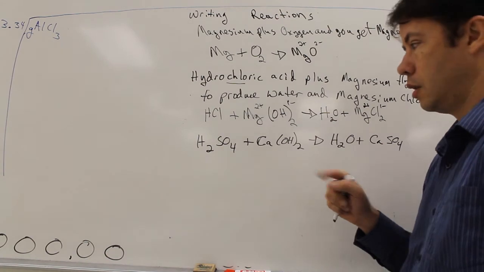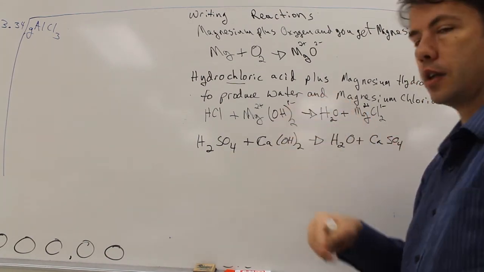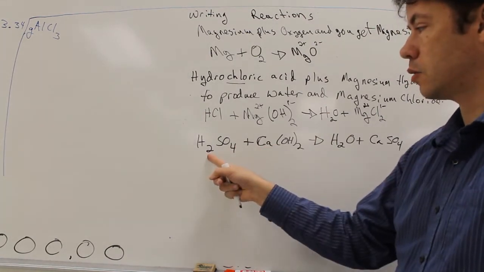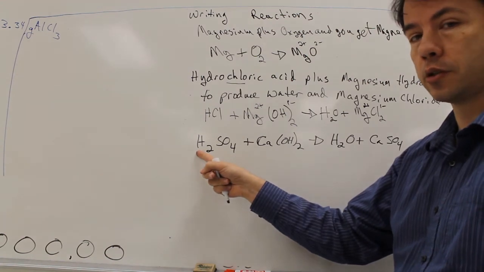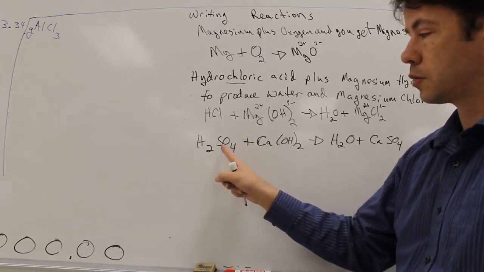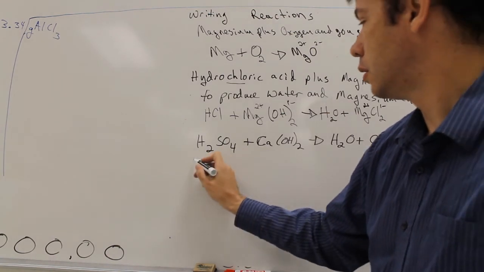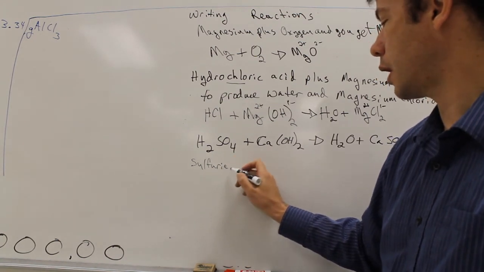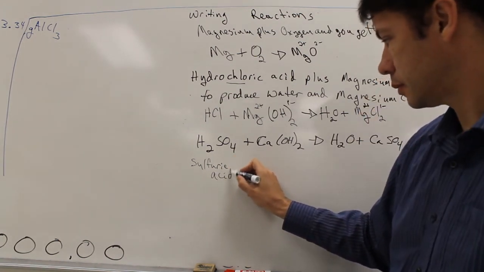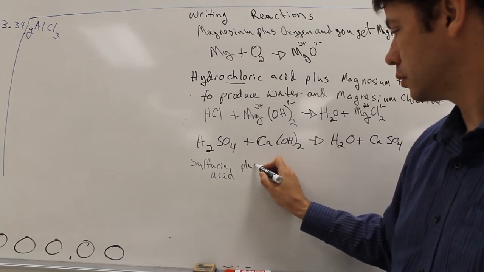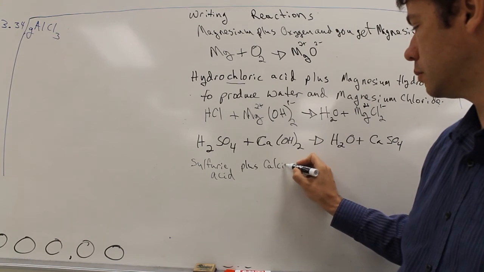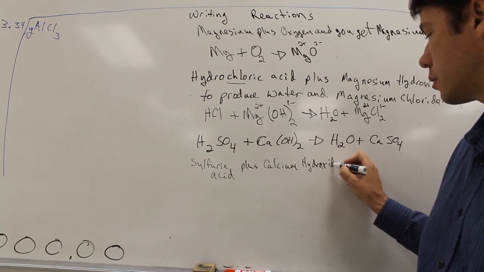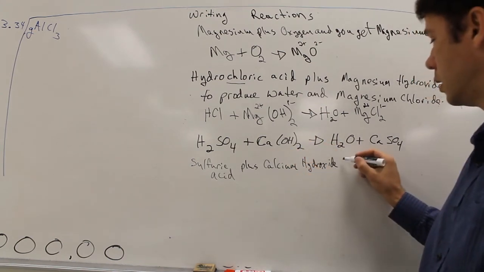Okay? So let's look at one where I've written it, and now you got to tell me what it is. So really, what are we doing? We're naming these. So let's do that. It starts with hydrogen. Go look at your naming guide. What do we do? It ends with sulfate, so it's going to be, trying to write here sideways, sulfuric acid plus calcium hydroxide. Notice that that's ionic, so I just do that, right? Produces,